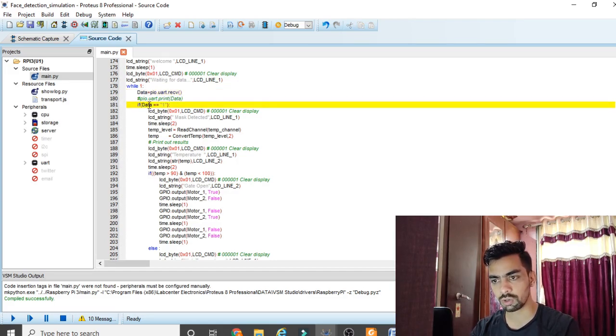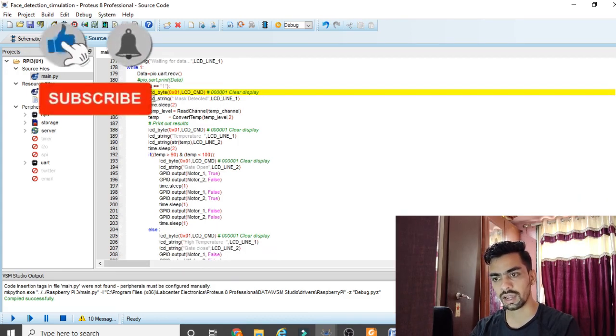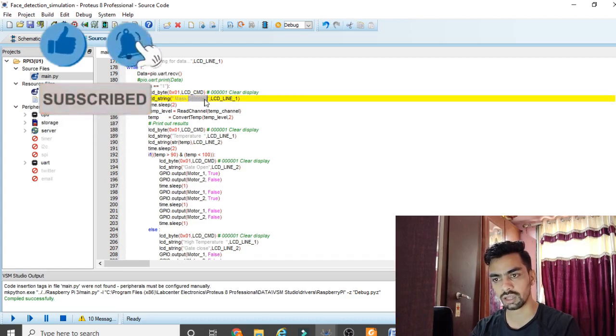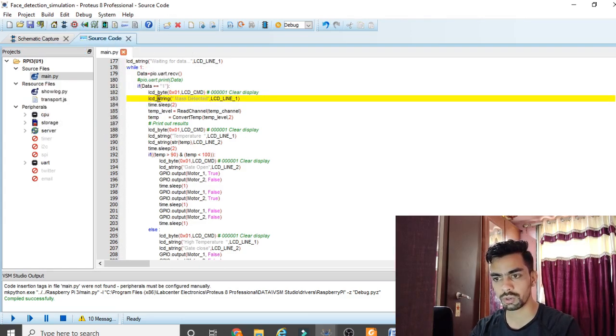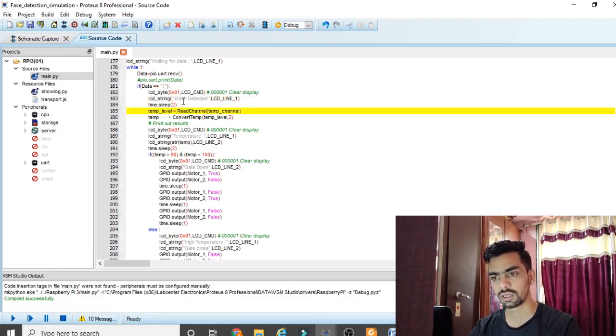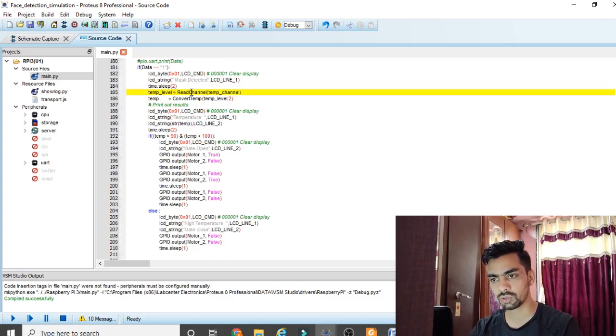So if data is equal to 1, it means the mask is detected. Once the mask is detected, we have to clear the LCD and print on the LCD: mask detected. To print any data on the LCD, you require this function, LCD string. Then after that there is a 2 second time delay. Then after that we will use read channel temperature. This is a function used to read the data from the LM35 sensor. So that data is